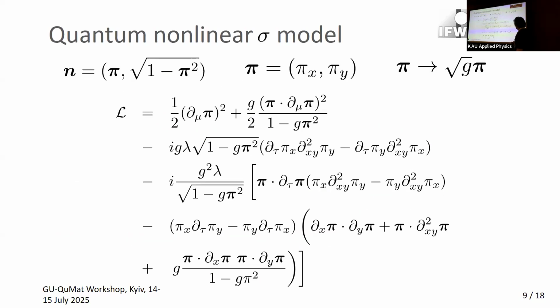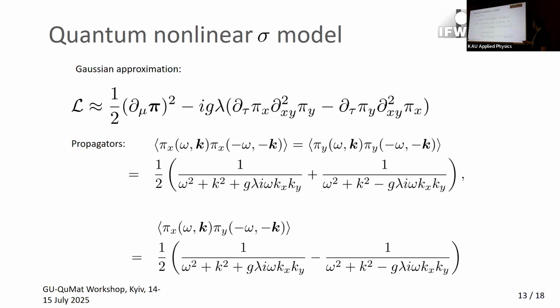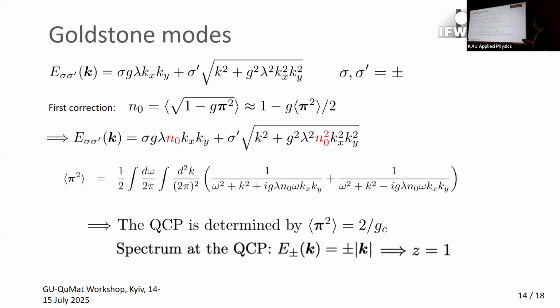So this involves the averaging of, you can expand this perturbatively, 1 minus pi squared. The average of pi squared is just the integral of the propagator. This gives you a first correction. You still have a D-wave spectrum, but now this other parameter appears here,